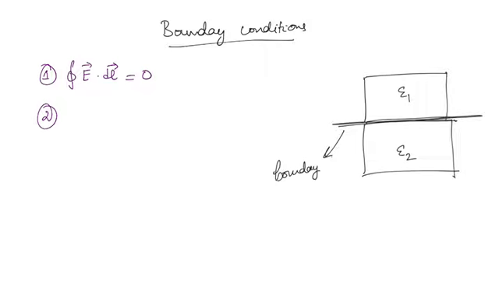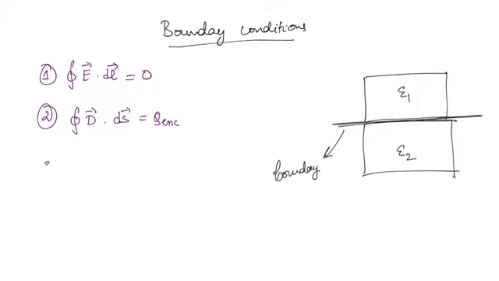And this second equation, so these equations we have already discussed, but I am just rewriting them here. We will be using these equations for the derivation of boundary conditions. The next equation is Gauss law: the surface integral of D bar dot ds bar equals Q enclosed.